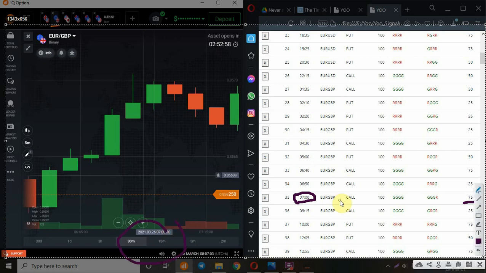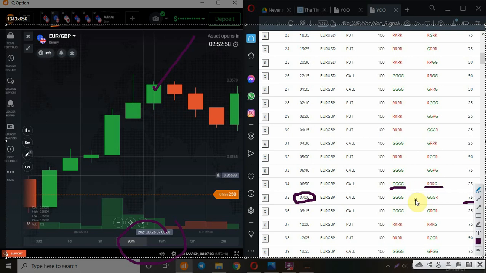Okay, so Euro GBP 5 minutes, alhamdulillah, this is a call option trade win. Why is this a win? Because it matters on the previous color coding. Previous color coding is showing us mostly green. The signal is this, but the previous color also affects it. Previous maximum color also affects these signals. So what is the previous maximum color? Here are 4 red, 4 green, and 3 red, 1 green.